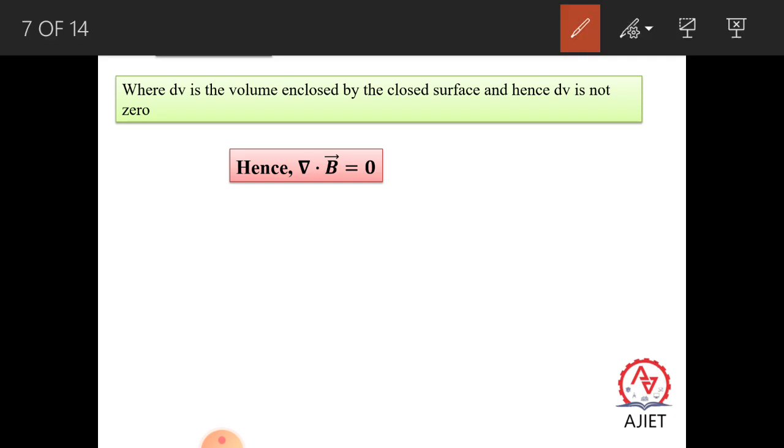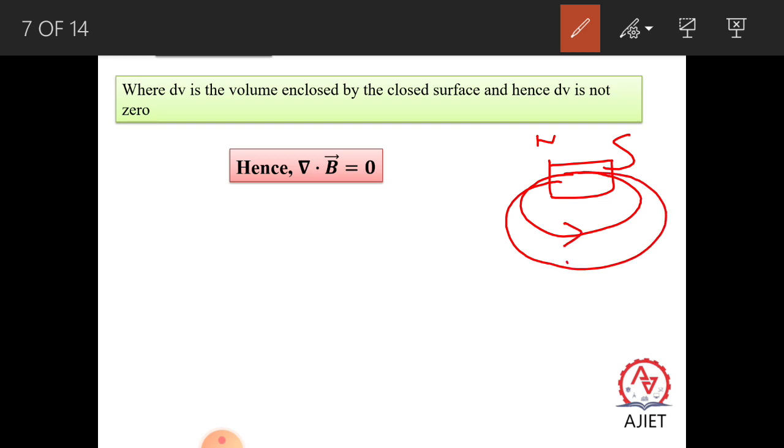Suppose the magnetic field lines are passing like this from the north pole, and this is the north pole and south pole of a magnet, so you can see that magnetic field lines are passing in this way. We have taken a small surface area, and in that we have taken a small volume. So here is the volume integral. Volume in the sense that even the lines are coming out from that volume, so here the volume cannot be reduced to 0.